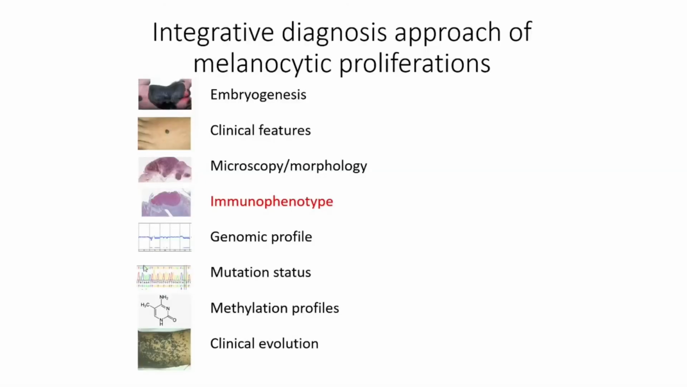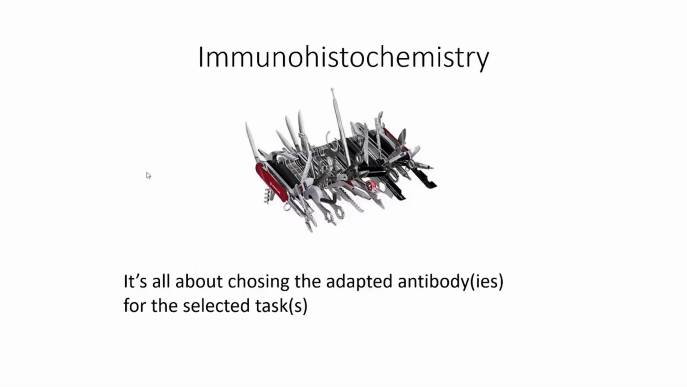In this video, which is going to be the first part of a series of 5 videos, I am going to introduce the basics of immunohistochemistry and melanocytic proliferations. The study of the immunophenotype, which means the expression of proteins by the tumor, is really central in the integrative diagnosis of melanocytic proliferations. Immunohistochemistry is a complex tool and is going to be about choosing the adapted antibody for